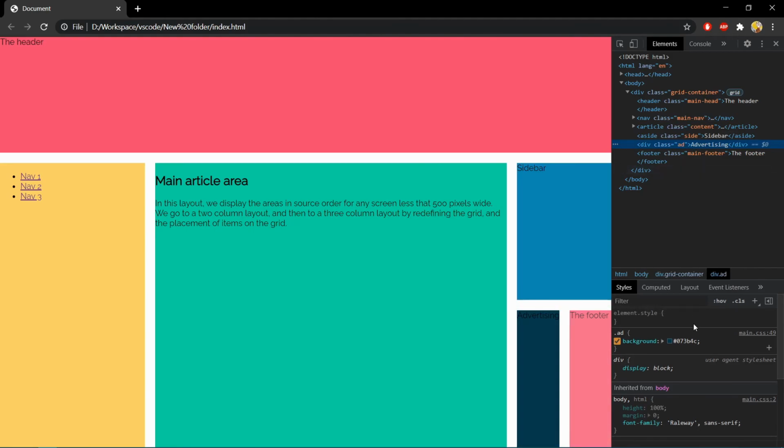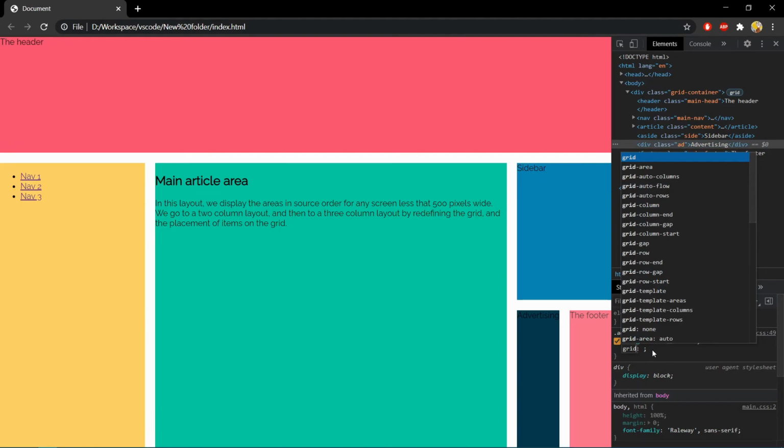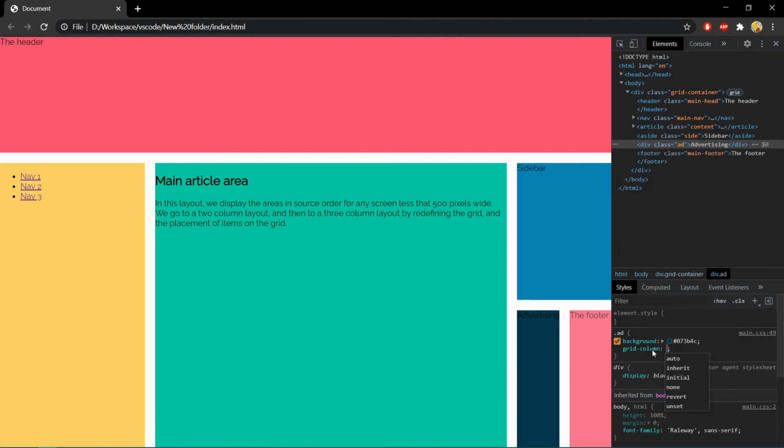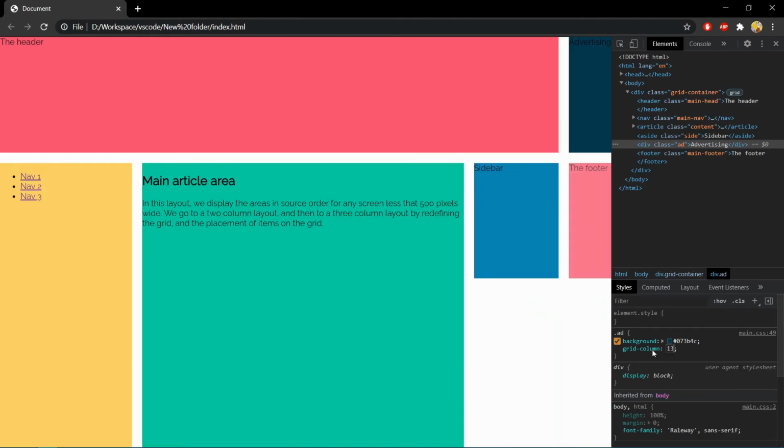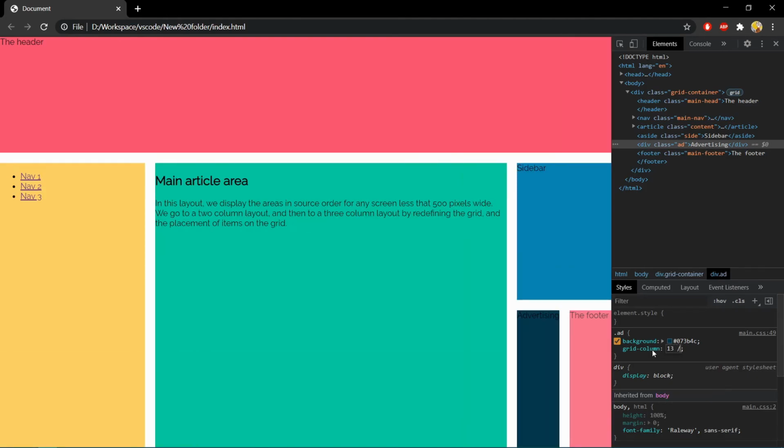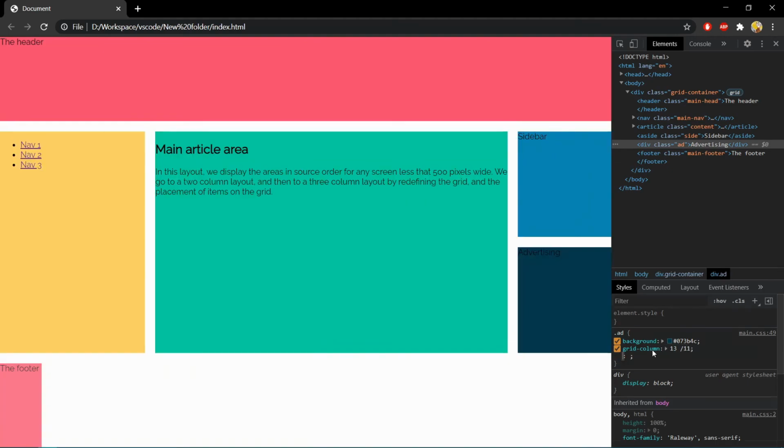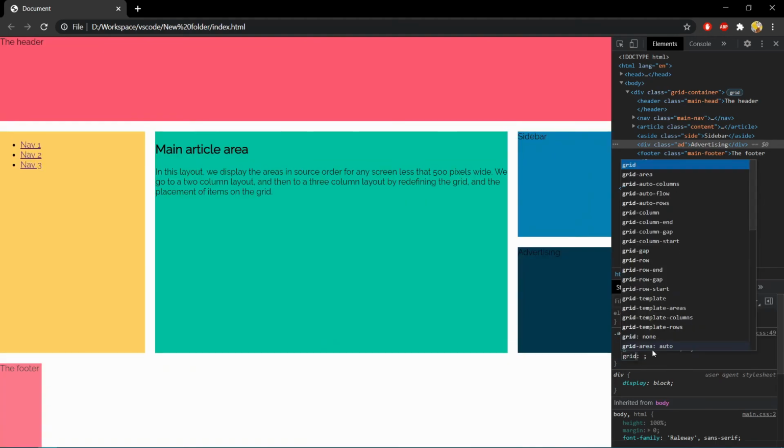For add also the same thing. We'll be using grid column. First parameter will be at which line you want to start this item, and second parameter will be on which line you want to end. Grid row.